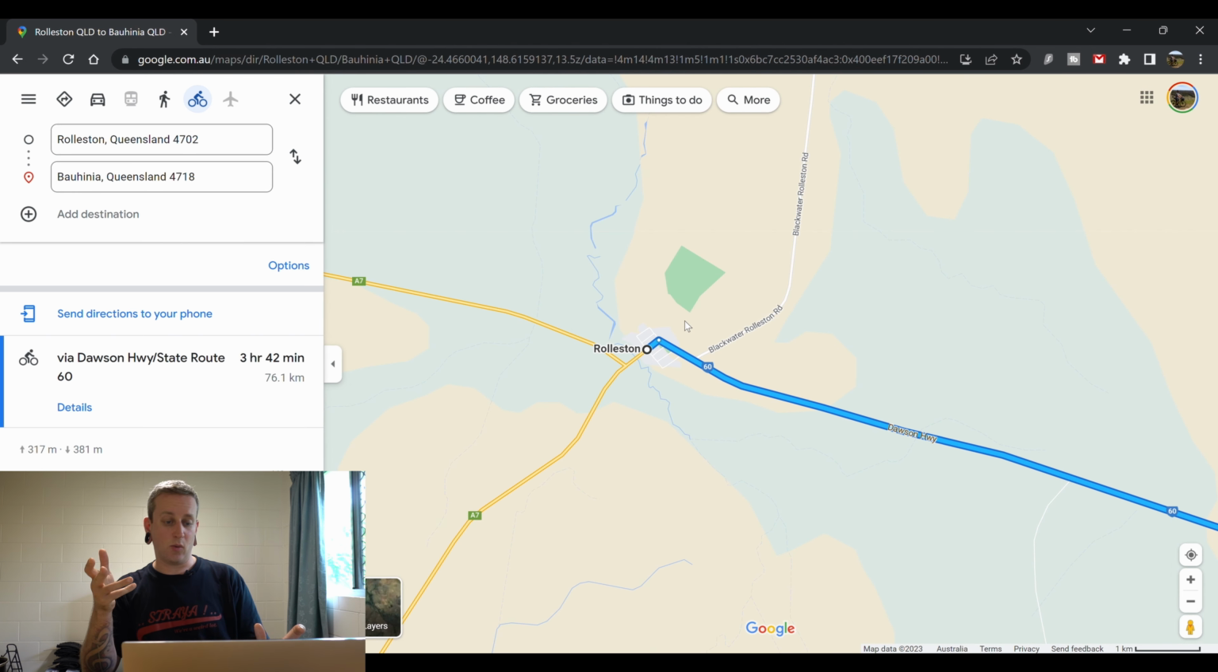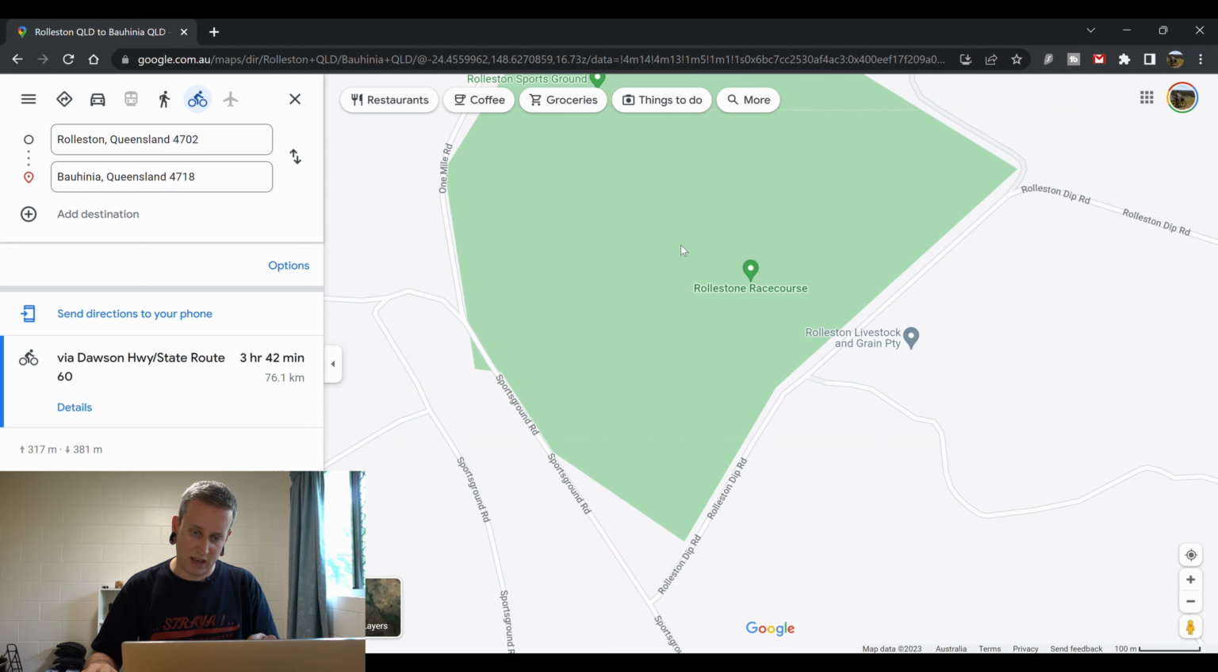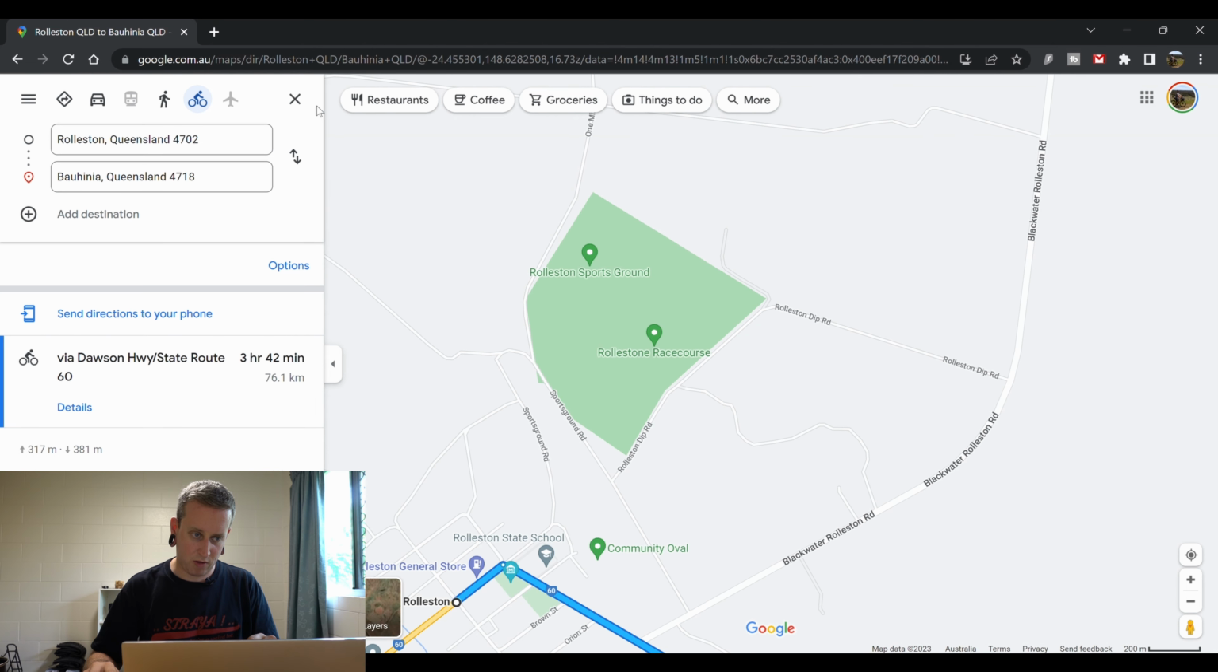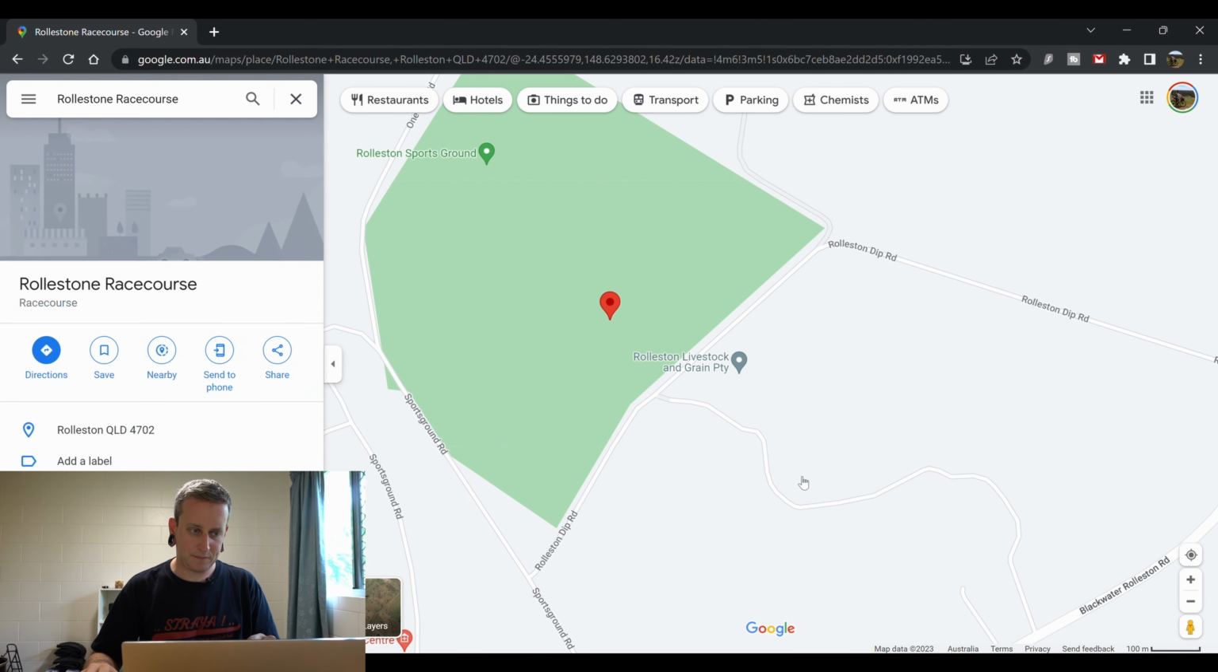So what happened here was we got to Rolleston and the lady at the coffee stand put us on to the race course out the north end of town and how that would be a perfect place to camp. No one would bother us, and there's even a toilet and a shower there that's used by the truckers that we could use. So that is right here, Rolleston Racecourse. So if we click there,